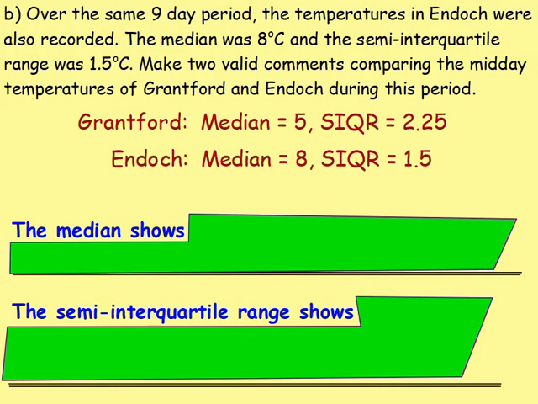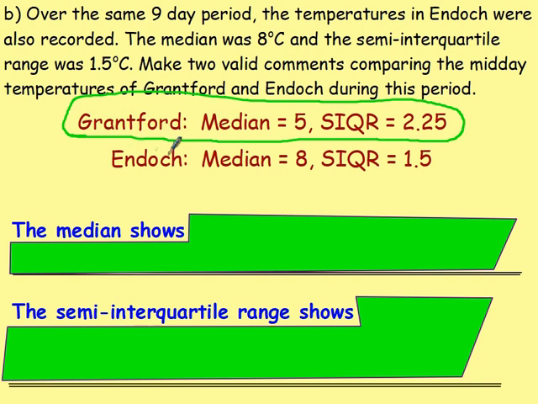Part B: over the same 9 day period, the temperatures in Endach were also recorded. The median was 8 degrees and the semi-interquartile range was 1.5 degrees. Make 2 valid comments comparing the midday temperatures of Grantford and Endach during this period. So, all I've done is take the previous answers that we worked out. We worked out the median and the semi-interquartile range for Grantford, and we're told in this part B that in Endach the median is 8 and the semi-interquartile